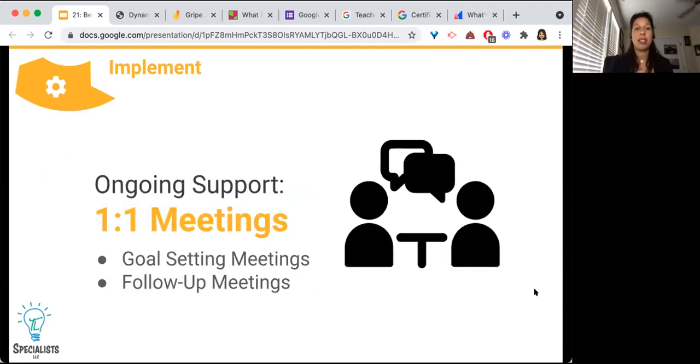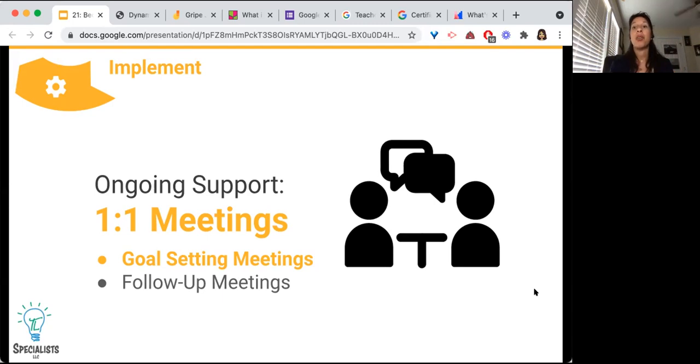And so here's the cadence. Number one is a one-to-one meeting to set the goal, figuring out what the goal is based on what the problem is, and then asking yourself, okay, what's the goal? Once the goal is selected, and once the strategy is implemented, what do we hope to achieve, and what will it look like? When you get the teacher to verbalize what they hope to see once something is implemented, it makes the journey to get there a lot clearer for all parties involved.